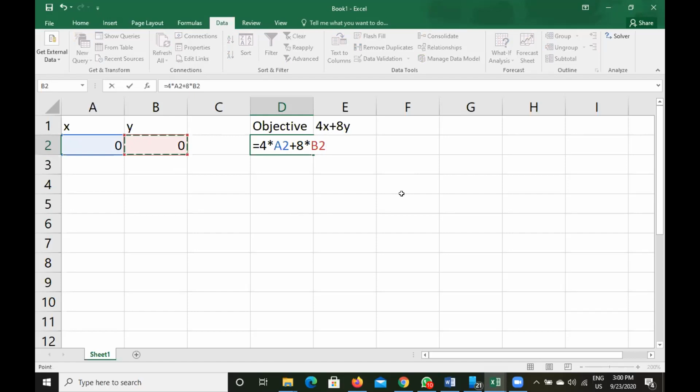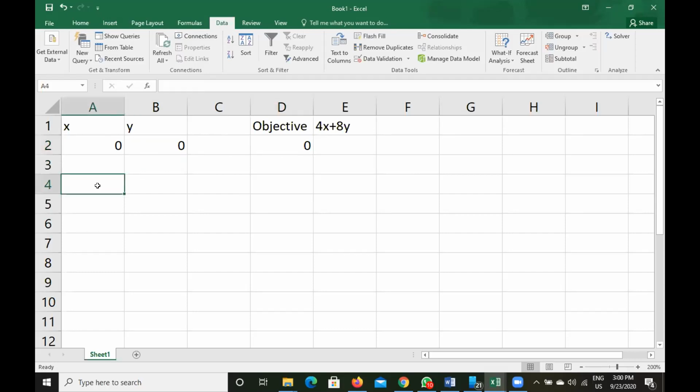So, okay. After you input the formula correctly, press enter. Obviously, it will be 0. Why? Because this is 0, this is 0. That's why the objective should also be 0, right? But these will no longer be 0 later. After we solve it, these will no longer be 0, right? Have you got this correctly so far, Fahia? Yes, sir. Right.